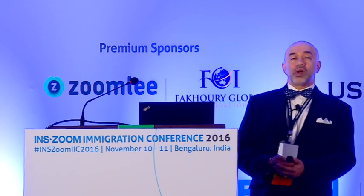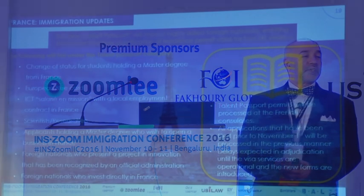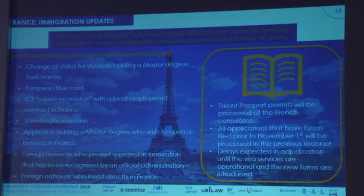Scientists, researchers, again, it's going to depend on each one's qualifications, and it's always going to be fact-based. Now, the next category is kind of interesting because they're holding a master's degree who wish to open a business in France. Where's that master's degree from? They seem to be leaving that open for a fact and a very specific definition, I think, at some point